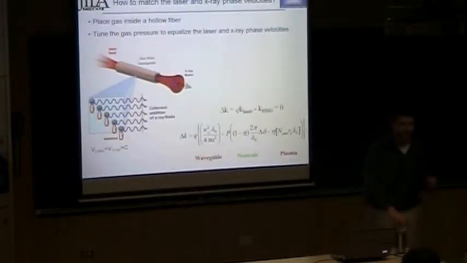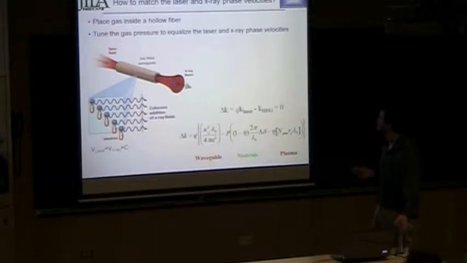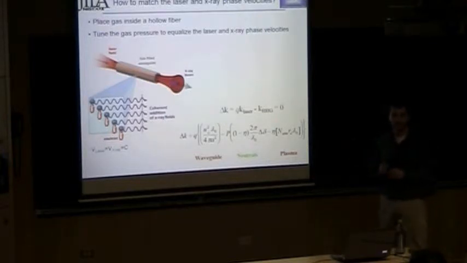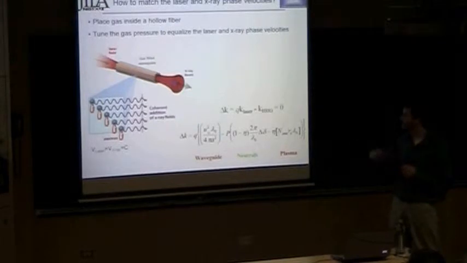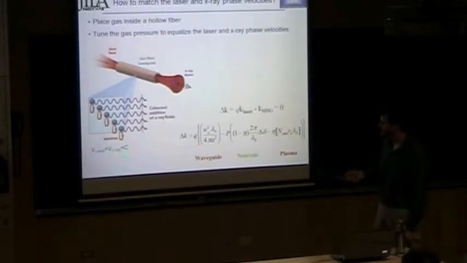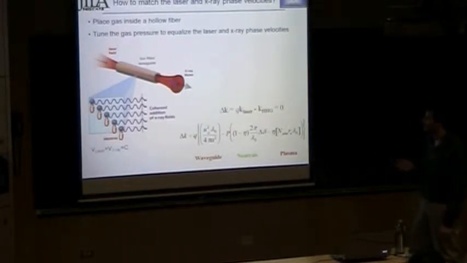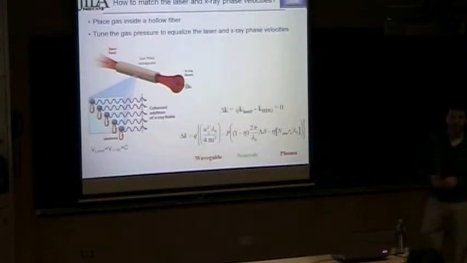All right, and so that's the single atom picture. To get the whole story, in order to understand how to generate it brightly, you need to look at the phase matching again. And so we need to get the fundamental laser to propagate with the same phase velocity as the X-rays, so that they'll coherently add up throughout this harmonic generation medium and actually get a bright output. And so typically we assume that the X-rays propagate at the speed of light. It's usually a pretty good approximation. And then we come back and look at the different contributions to the phase, to the dispersion of the fundamental beam.